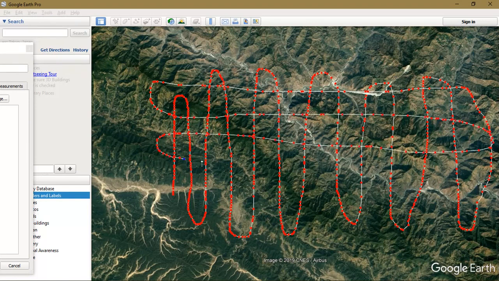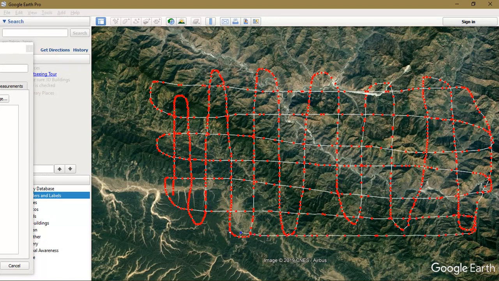The closer you draw, the more accurate data you will be getting for your analysis, through which we'll be generating our DEM map and the contour maps.